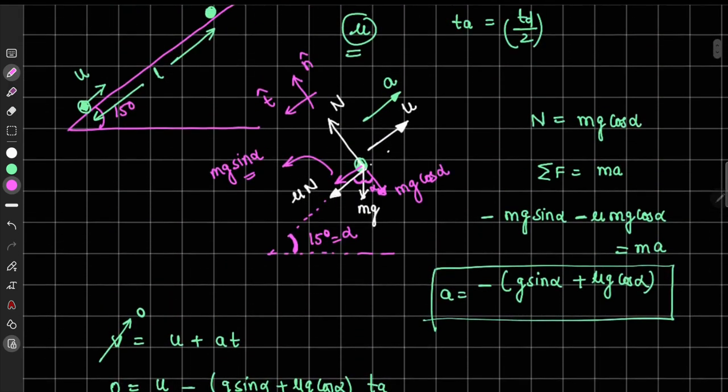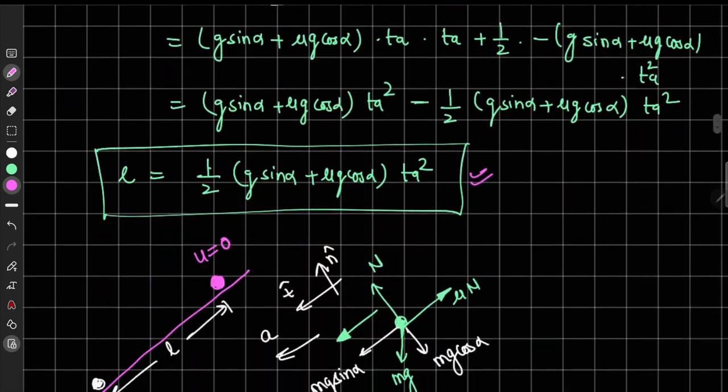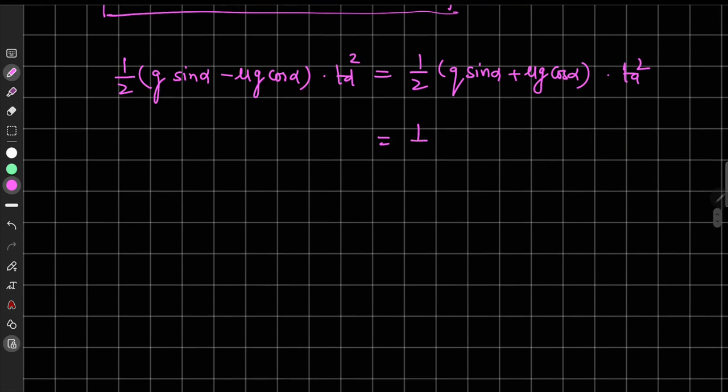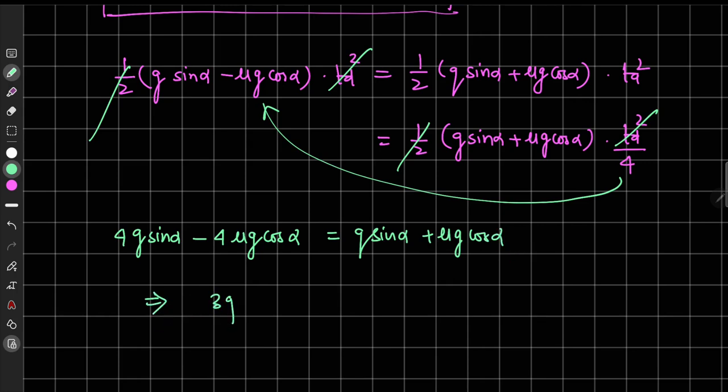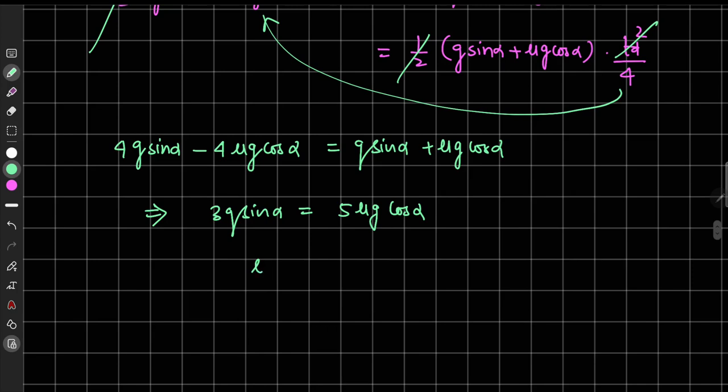And in the problem it is said that Ta is equal to Td by 2, so let us substitute it here. So we will get half into (g sin alpha plus mu g cos alpha) into Td square by 4. Here Td square will get cancelled, half will get cancelled, and from here we can get 4. If we take 4 to this particular side, so we can write 4g sin alpha minus 4 mu g cos alpha is equal to g sin alpha plus mu g cos alpha. Okay, so we got 3g sin alpha is equal to 5 mu g cos alpha. So g will get cancelled, and we can write mu is equal to 3 by 5 into tan alpha,